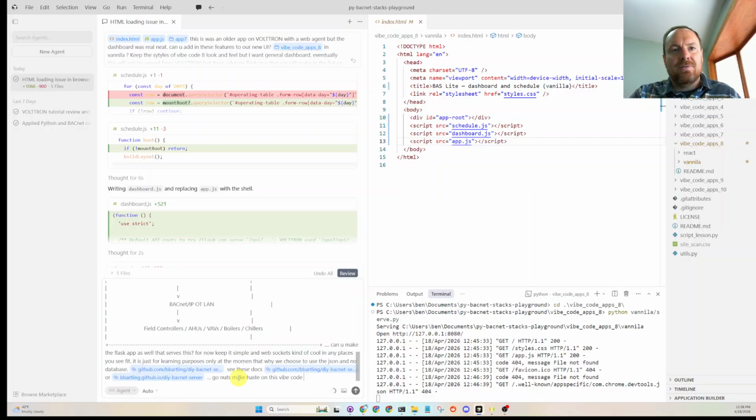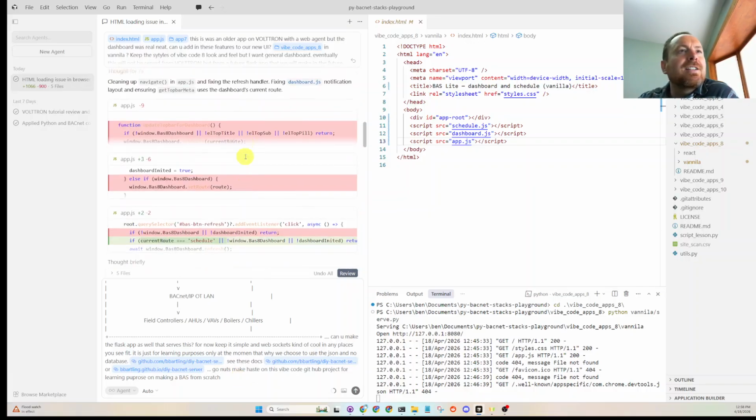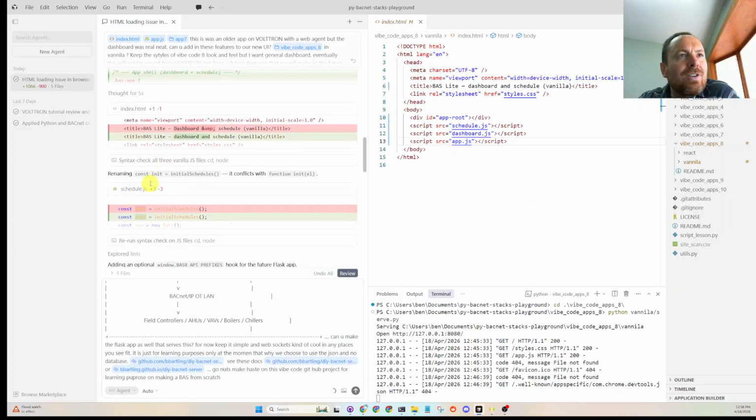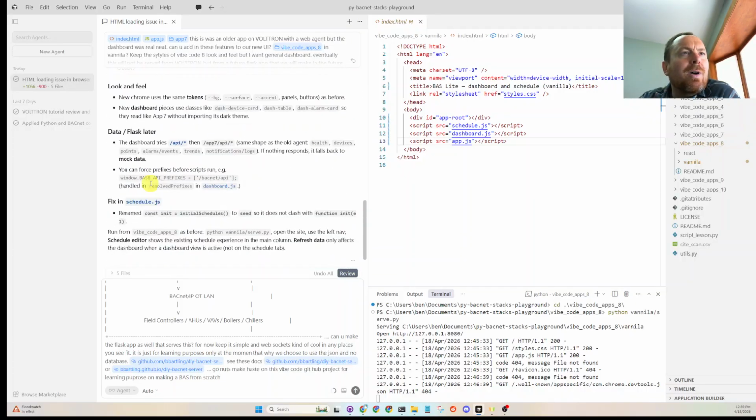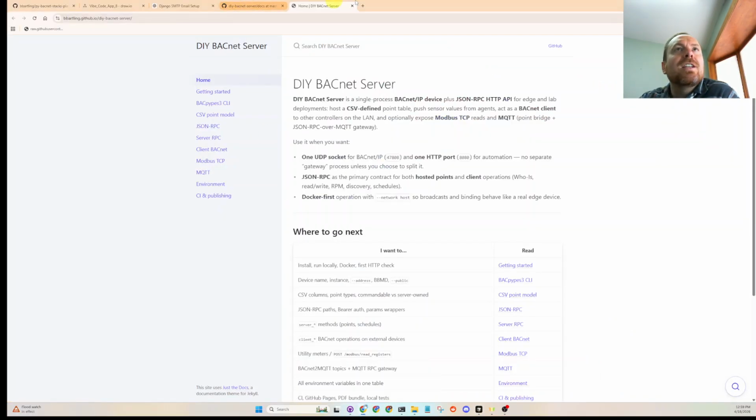So this is this GitHub project for learning purposes on making a BAS from scratch. Okay, so let's see. I think it finished the last thing. So it wrote a ton of code for us, which is mind-boggling. It would take me a month to do all that. And next I'm going to tell it to do this. I figured I want to do this today too because